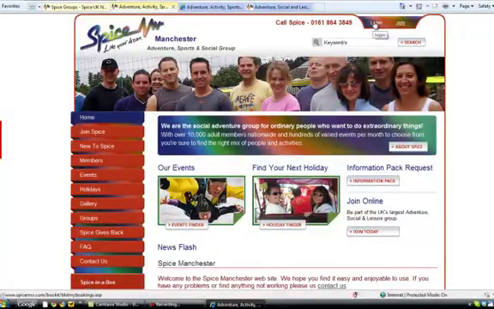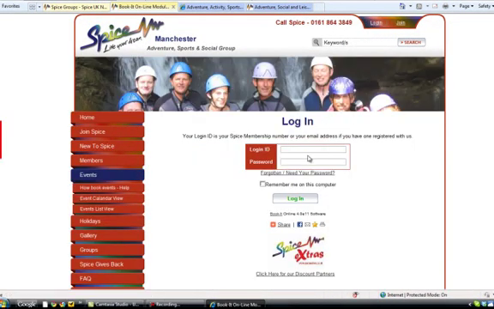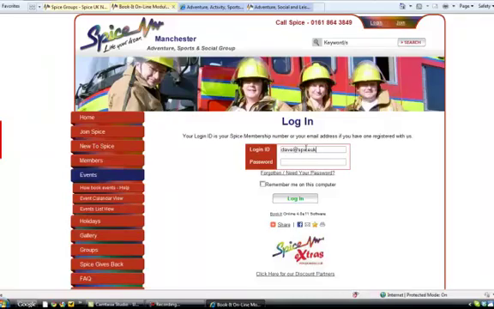So the first thing you might want to consider doing is logging in. That's the login button up there. You can look at most of the site without being logged in, but at some point you will need to log in, or it's a good idea to log in. Obviously you can only view this once you're a member, and you can log in with the email address that you've given us, or you can use your